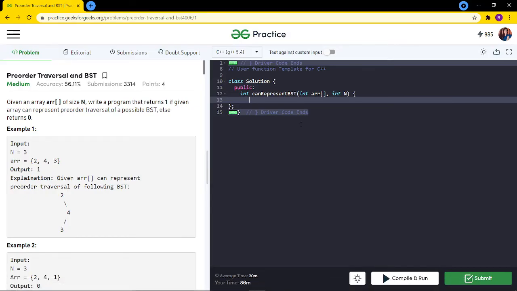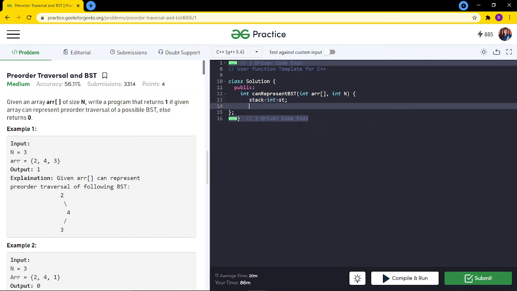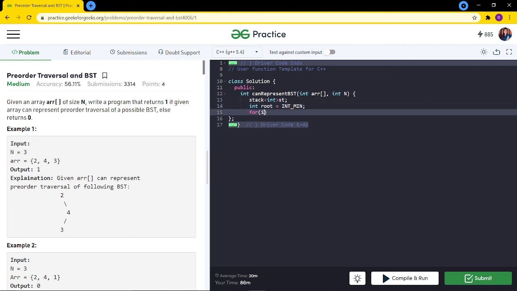So we are creating a stack data structure. It would have the elements of integer data type, and we are initializing root as int min, and now we will simply traverse our array.